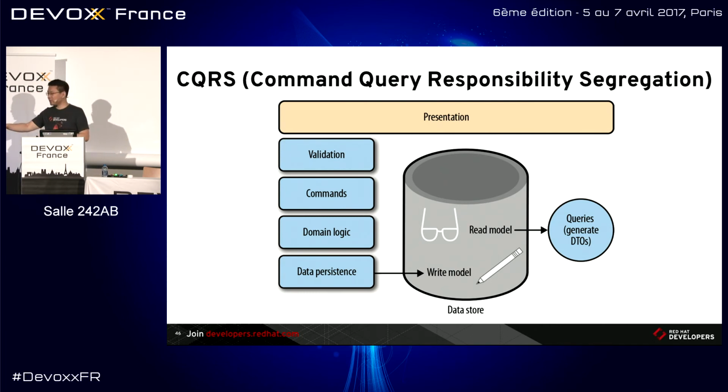So if you have a different set of tables, in this case, you can have a different set of classes in your code, or you can have a different set of tables and columns for reading information. That's CQRS. It depends on the level that you're applying the CQRS. So when you realize the CQRS is just that, you're just using different read and write models for your application,